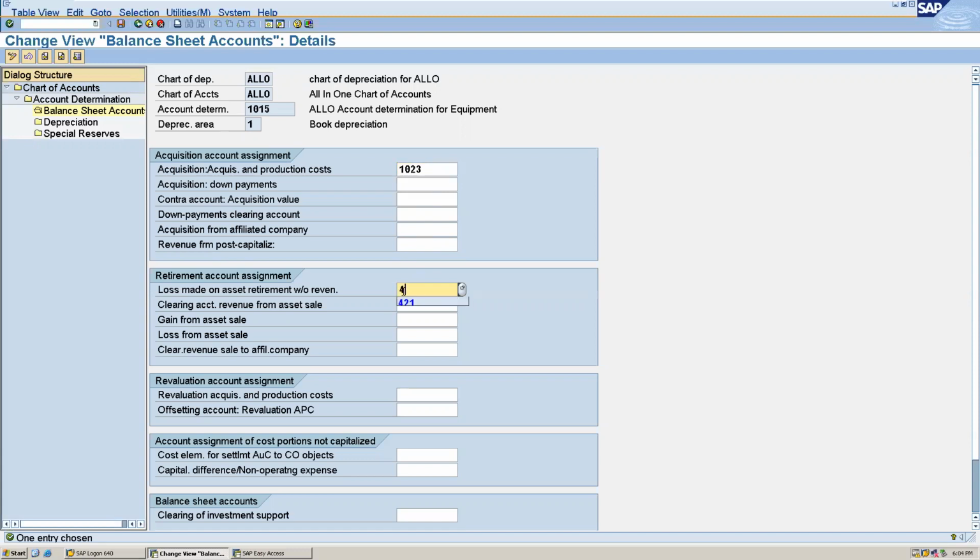We have to give 4023, which I have maintained in the GL. Now I will give gain from asset sale, which is 3023. And also loss from asset sale, I have created 4024. Save this.